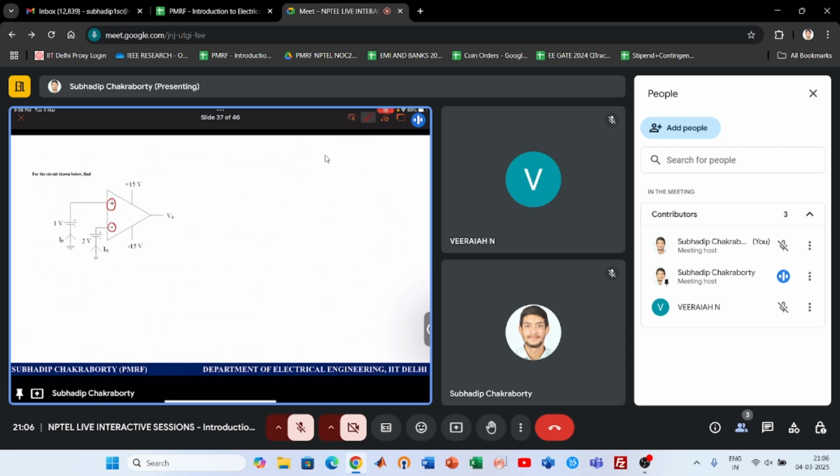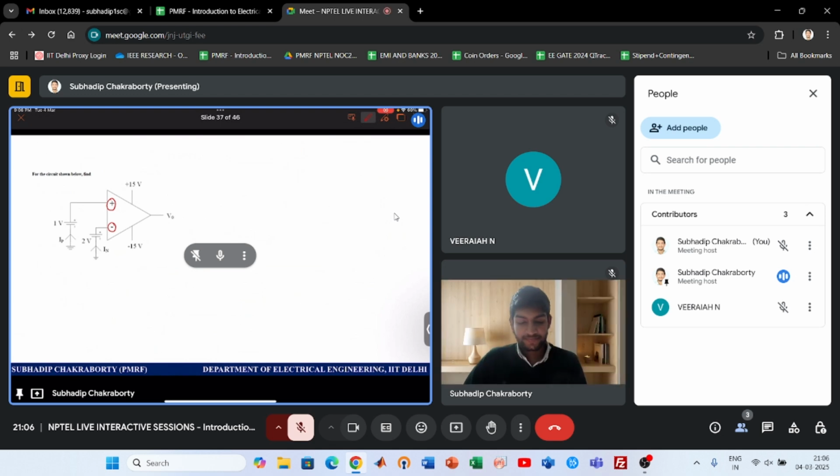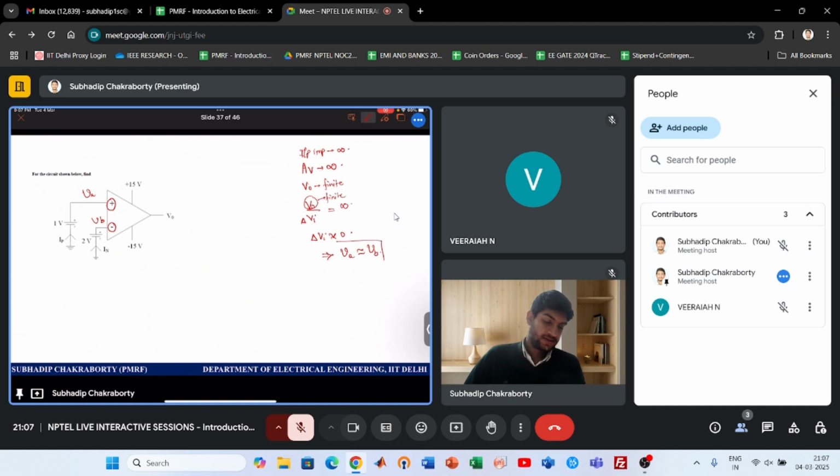So you know the op-amp has 2 inputs, inverting and non-inverting. And due to the input impedance being infinite and the gain being infinite and the output voltage being finite, what can I conclude? V0 by Vi, if this is finite, then del Vi should be almost 0, which means Va and Vb should almost be equal. If not, then